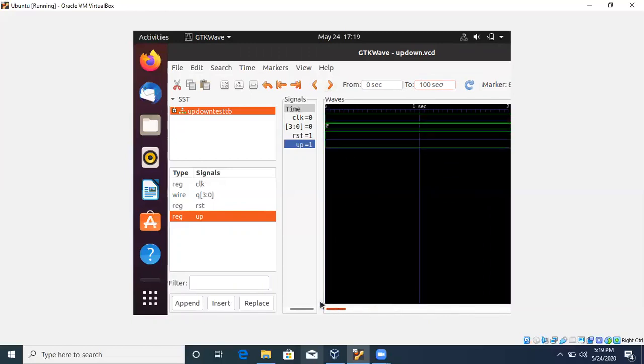Since it is 4 bit, it is showing like this because it is 4 bits of output. So this is how you can observe the output at different time intervals. You can reduce this time and observe within less time. It depends on these up and reset values, right? So you can reduce this and observe at different time intervals.